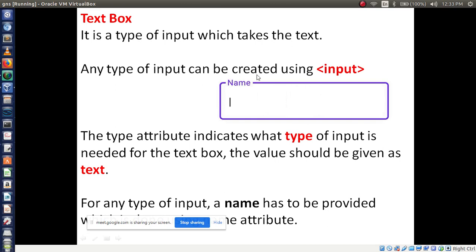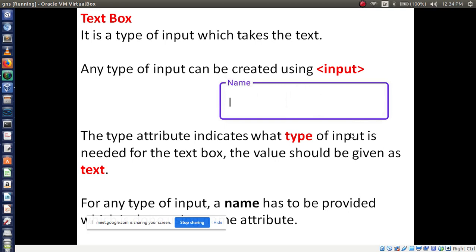Any type of input can be created using the input tag. It may be radio buttons or checkboxes, through which you are also supplying input to the server. So any type of input can be created using the input tag. Compulsorily you have to use the input tag to use these controls. The type attribute indicates what type of input it is.